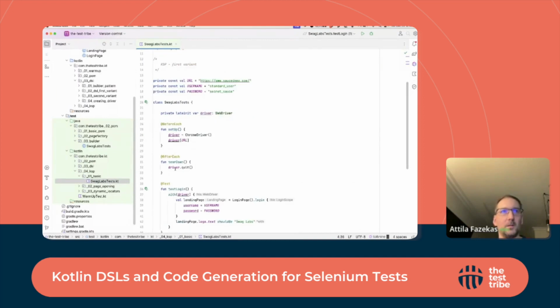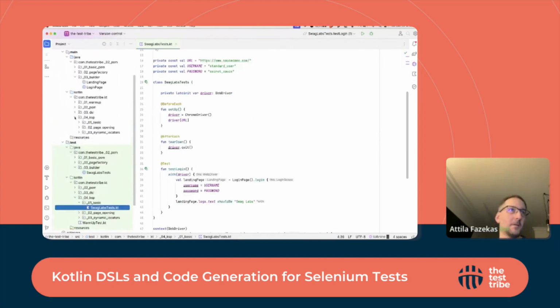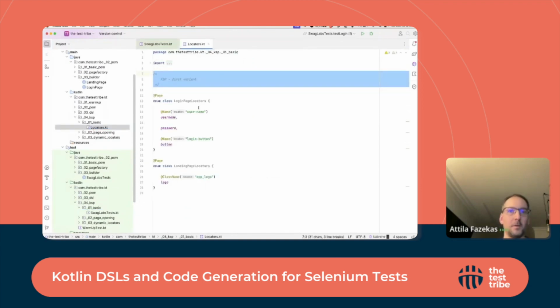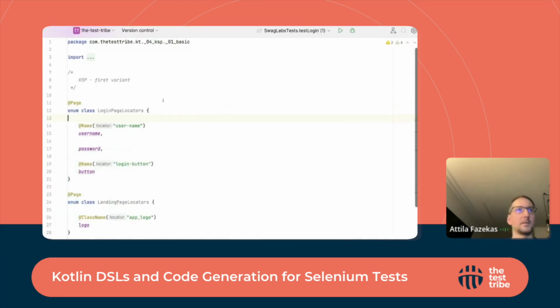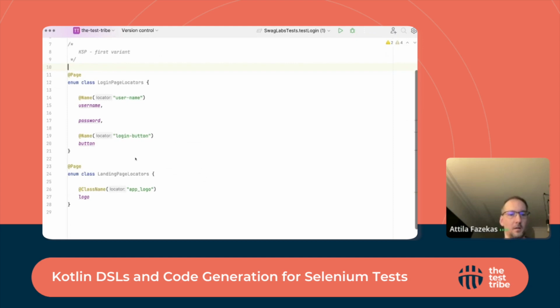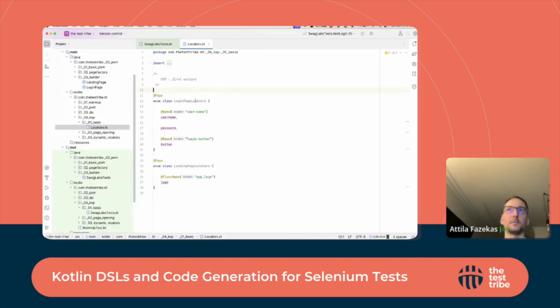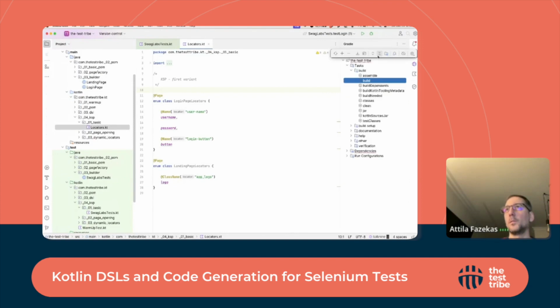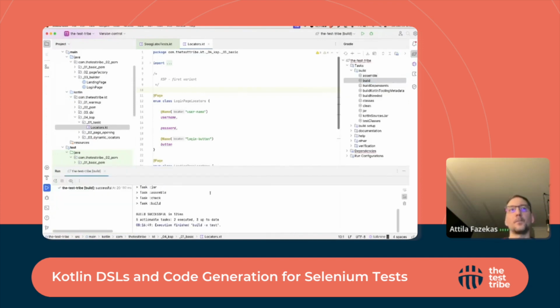I will start with the input of this code generation. So I have an unknown class annotated with add page, and I have some locators. And almost each is annotated with a locator strategy and locator name. And if I build this project,